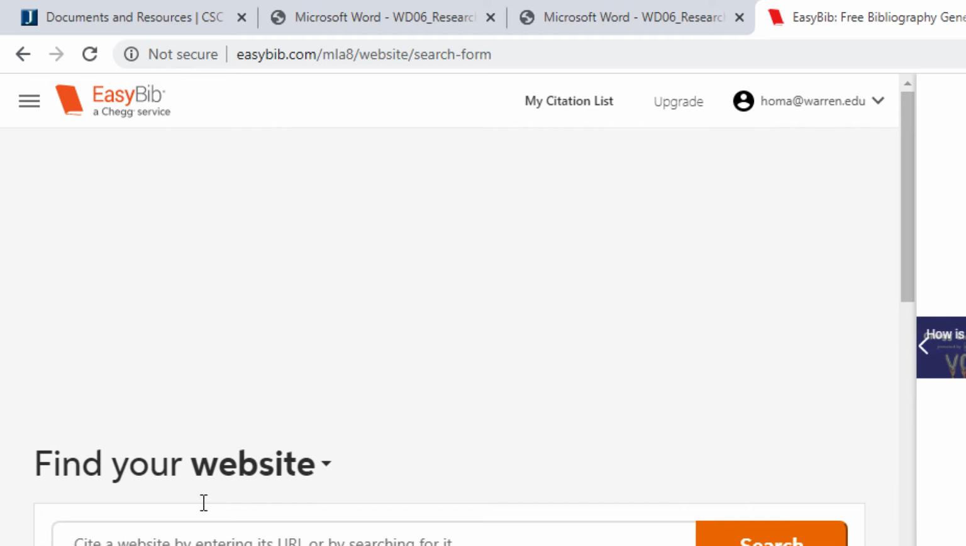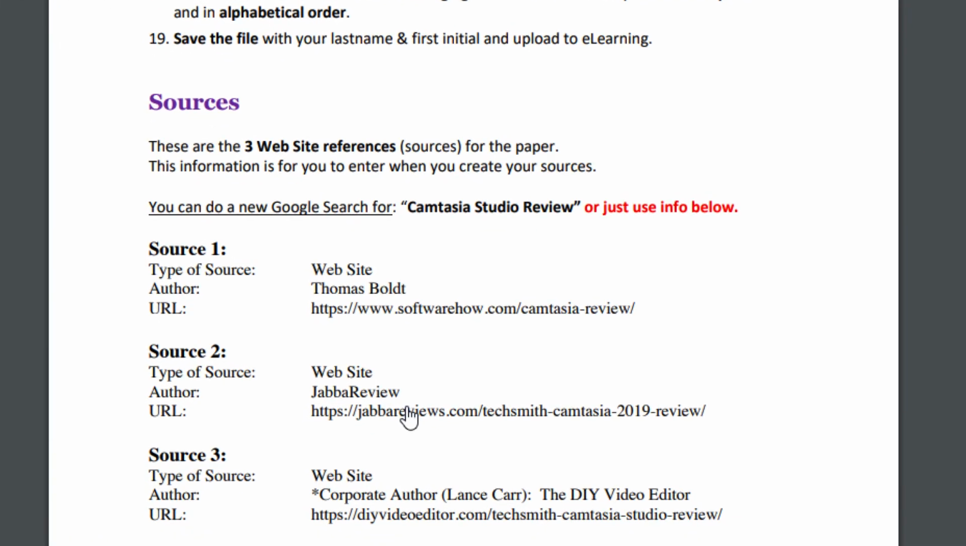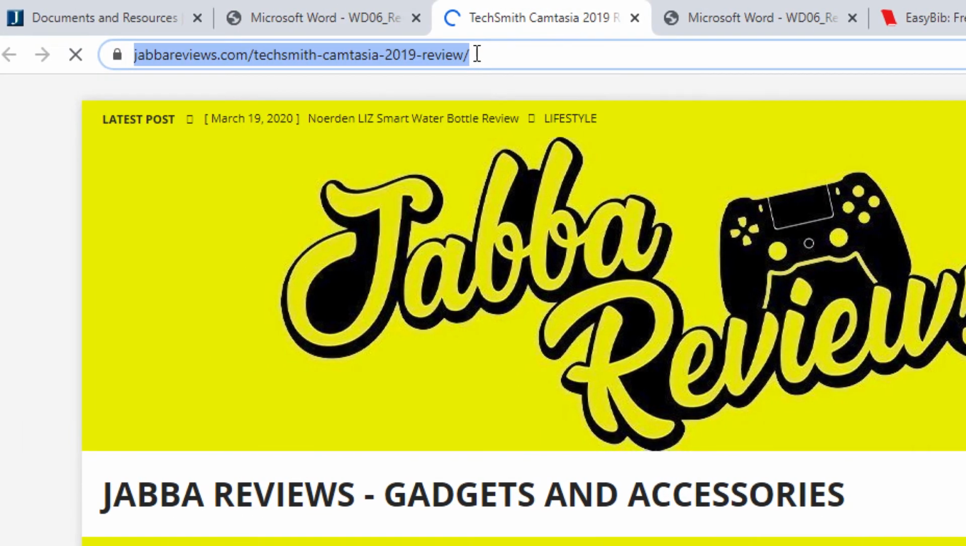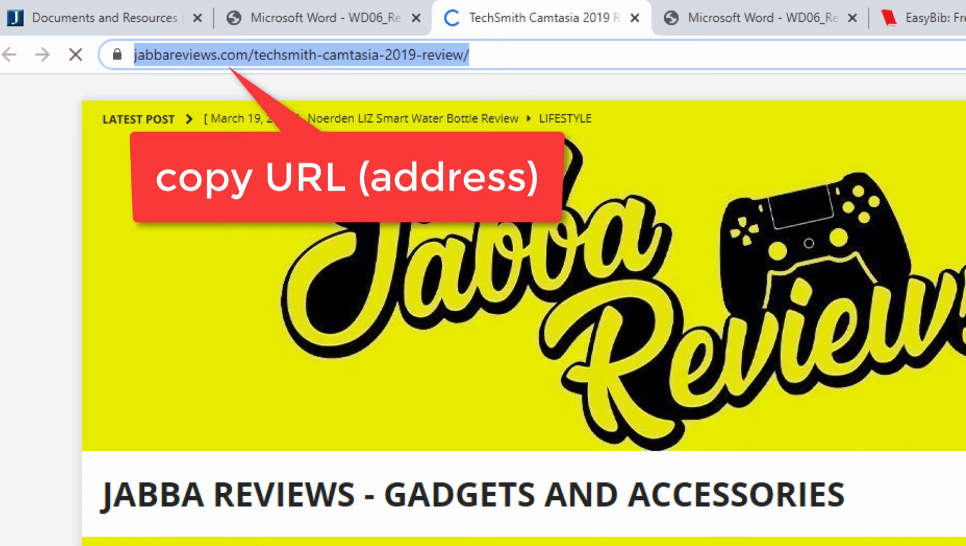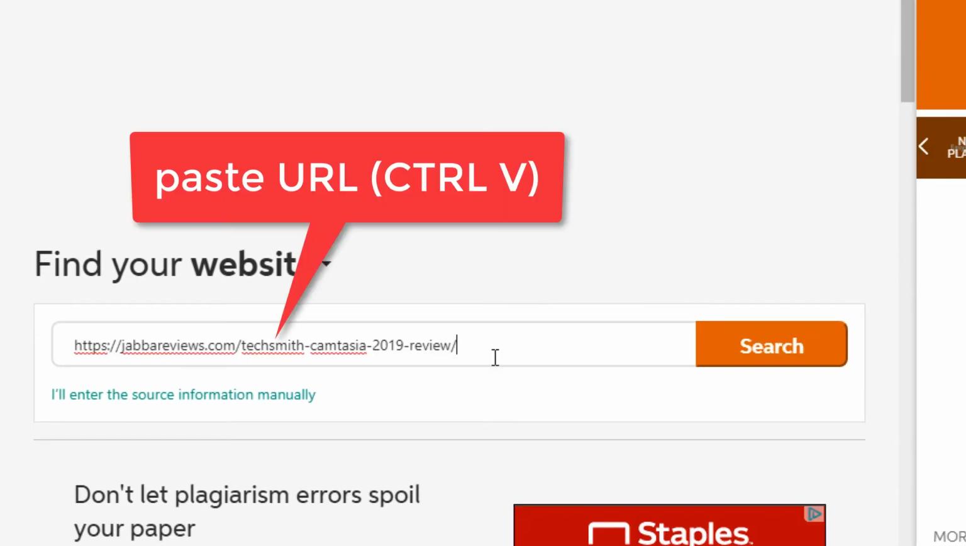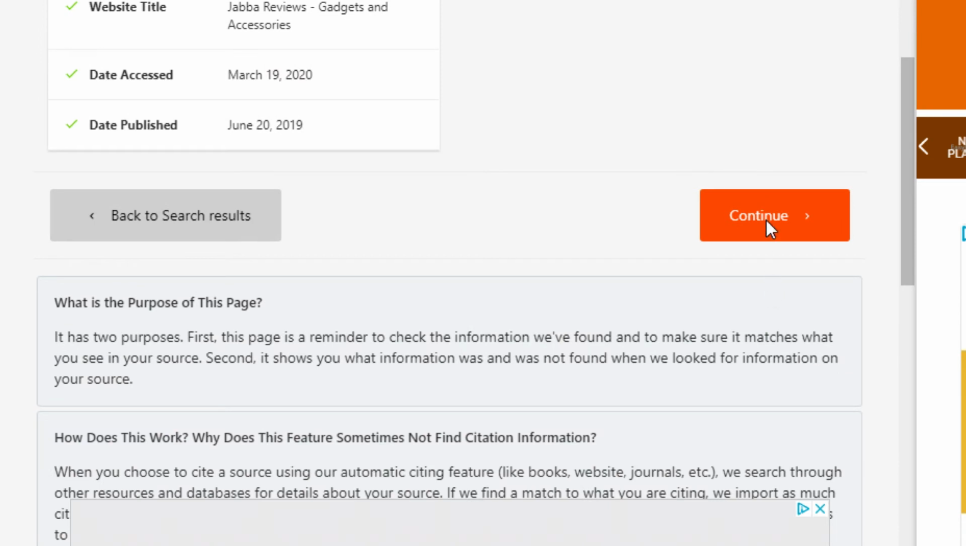And it's a website, so I'm going to copy the URL. So I'm going to go back to my instructions, and I'm going to copy the second one. And I'll just right click and open that in a new tab. So I could just copy the address up at the top. So I'm going to click in here, do a Control-C, copy the URL, go back to EasyBib, and I'll paste it in there, and I'll hit search, and I'll choose Cite, and I'll choose Continue, and then